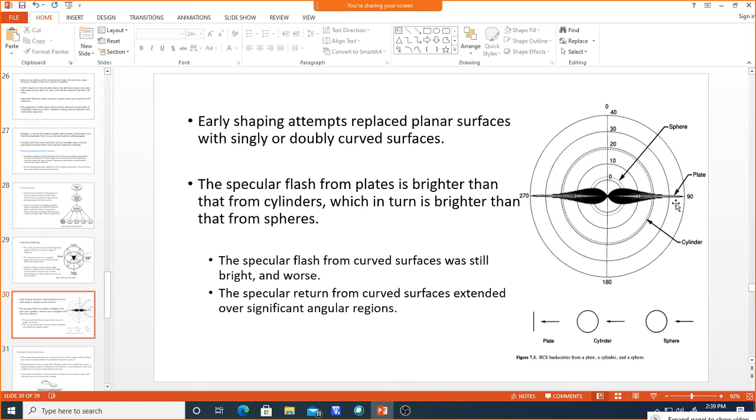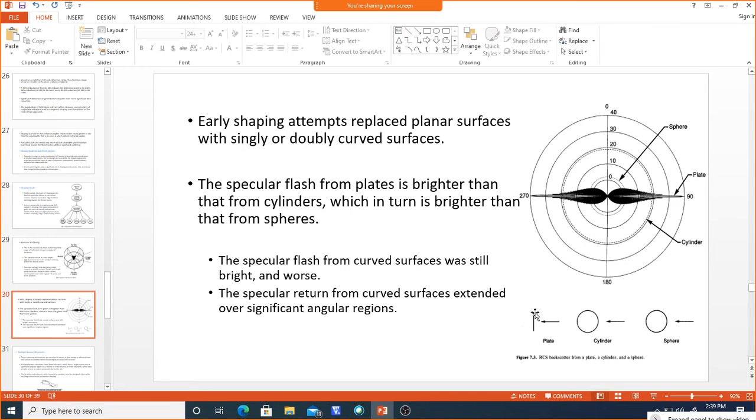So now you can see, if you take an example for specular scattering, what is the scattering energy of the plate, cylinder and sphere. You can see here, the sphere, which has a uniform direction, is going to scatter the energy, so the energy will be distributed over a spatial region. In the cylinder, only the curved surface will be uniform, and the top surface and bottom surface will reflect at a particular energy. So compared to the sphere, the backscattering energy will be high.